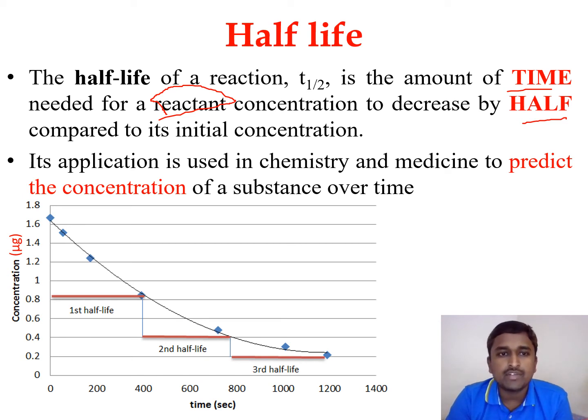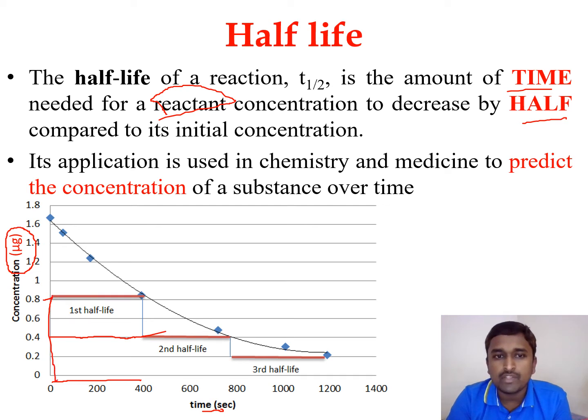So let us take an example in this graph. On the x-axis I have plotted the time of the reaction, or the course of the reaction, and on the y-axis I have plotted the change in the concentration of the reactant. See, initially it is 0.8 microgram. During the course of the reaction, the concentration was drastically changing. So how much time has been required to reduce it to half? Here the half is nothing but 0.4. How much time is required to reduce half of the reactant concentration is called T half.